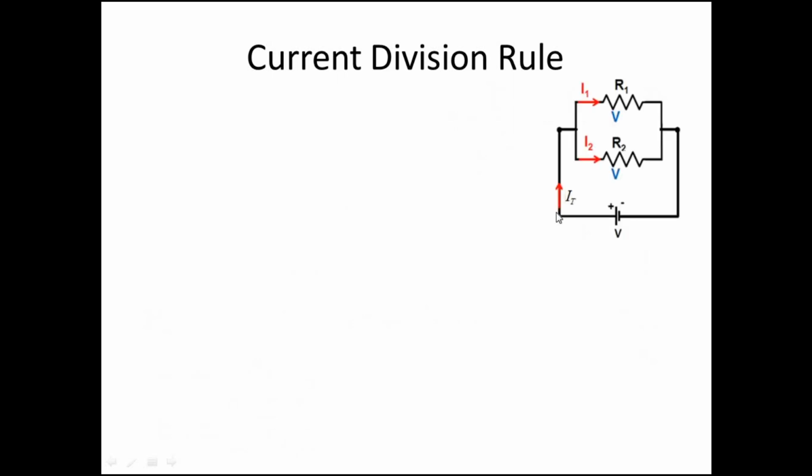For that, let us consider a simple parallel circuit with two resistors R1, R2 and the applied voltage is V. For a parallel circuit, the voltage will be the same across R1, R2. The applied voltage V will be across R1 and R2, but the total current will get split into I1 and I2 and flow through the resistors, such that It is equal to I1 plus I2. And here also we should find what I1 and I2 are independently. We know the sum is It, but we don't know what exactly I1 and I2 are.